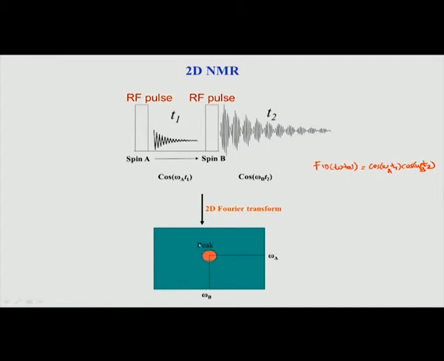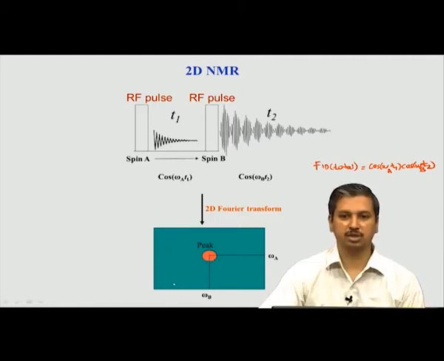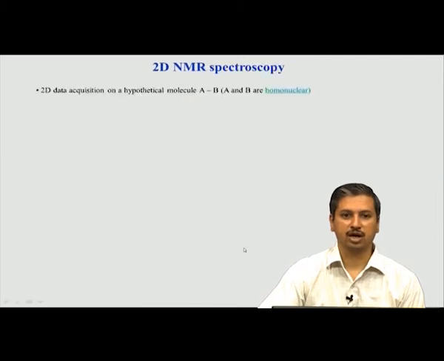Remember this: although we call it a peak, we specifically use the word cross peak. We will see how it looks in the overall 2D spectrum, but the cross peaks come because two frequencies are now connected to each other, since the respective atoms are J coupled to each other. In this way every pair of atoms which are connected by J coupling will come in this spectrum. That is basically how we get the correlation in terms of chemical shift between two atoms. So let us go further and see what happens now.